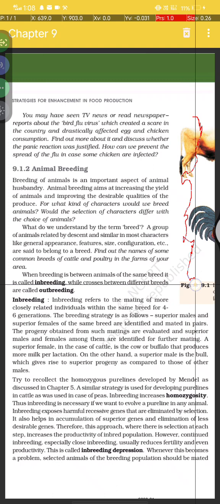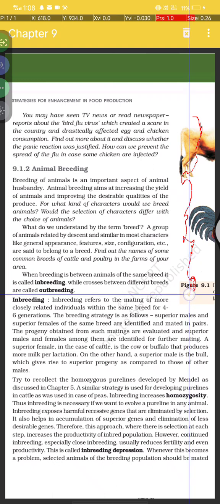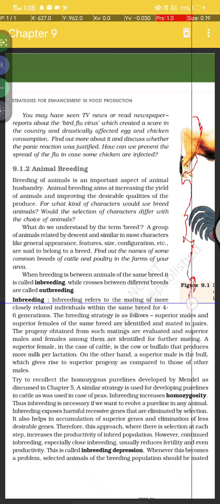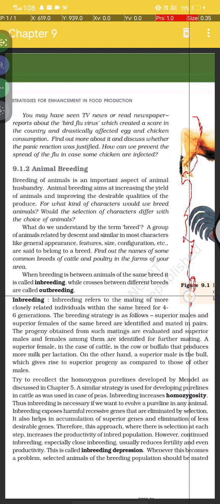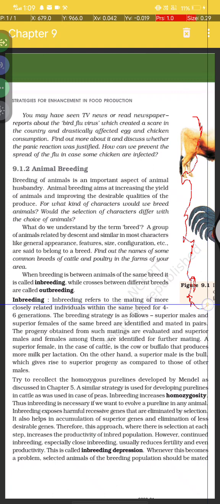While a cross between different breeds is called outbreeding. Okay, now let's look at inbreeding in a bit more depth. It's a simple question: what is inbreeding? Inbreeding refers to the mating of more closely related individuals within the same breed